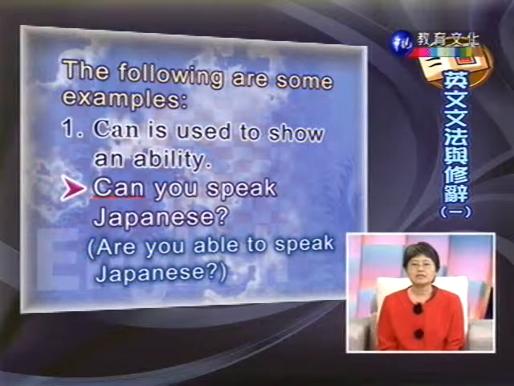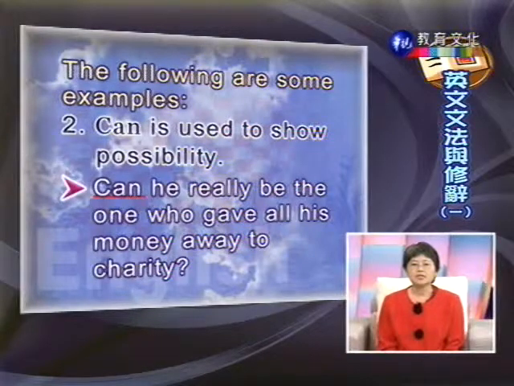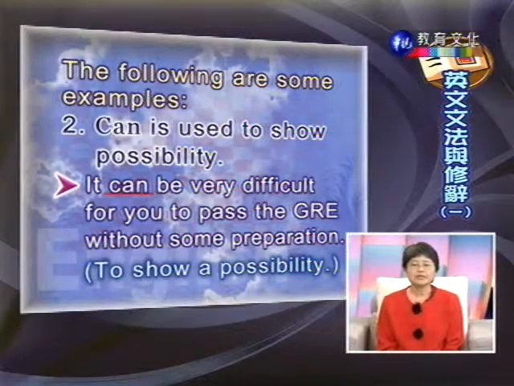所以 can 的相等语是 Are you able to speak Japanese?你会不会讲日文?那 can is used to show possibility. 下面这个 can 是用来表现一种可能性。我们看例句 Can he really be the one who gave all his money away to charity? 他可能是那个人吗?什么样的人呢?把他所有的钱、所有财产都捐给慈善机构。Charity 是指慈善机构。It can be very difficult for you to pass the GRE without some preparation. 这也是表示可能性,这可能对你来讲是很困难。什么困难呢?没有一些准备就通过 GRE。